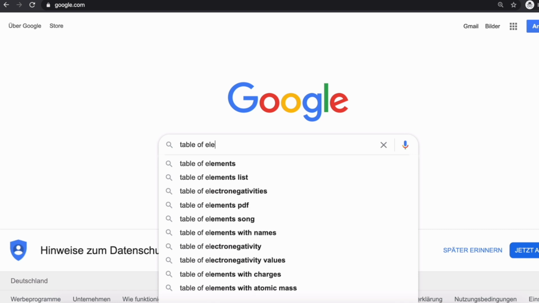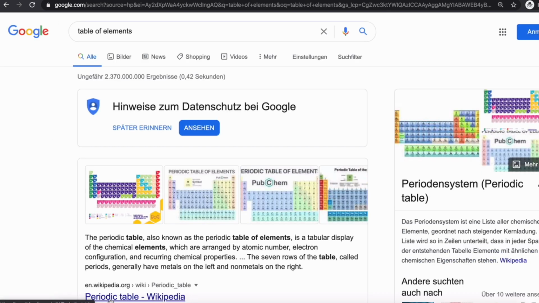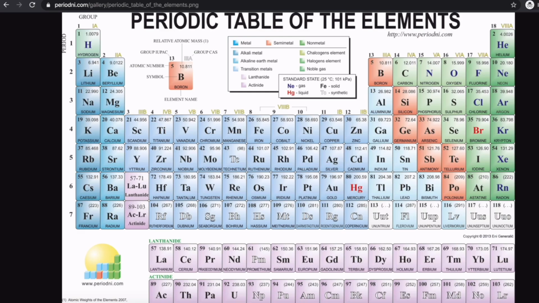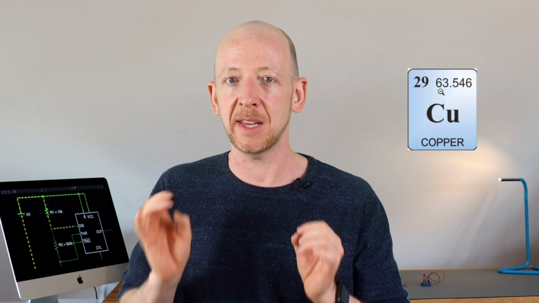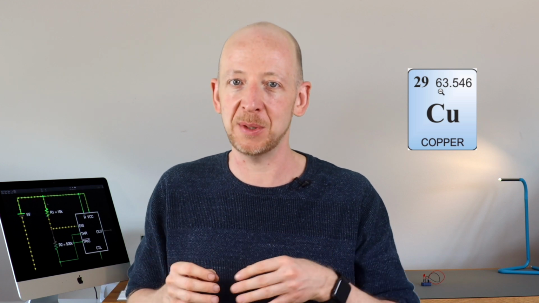Now in the first step we want to get the atomic weight of copper out of the periodic table of elements. And if you don't have one at home, just look it up on Wikipedia. That's what we will do just now. And first we have to locate the element copper, that's the one with the abbreviation Cu, in the table of elements. And in the description you can see that the atomic weight is just in the upper right corner. In the case of copper, this is 63.546 grams per mole.